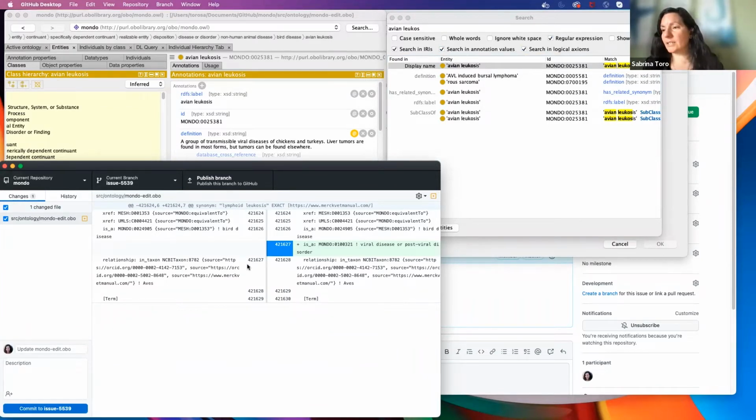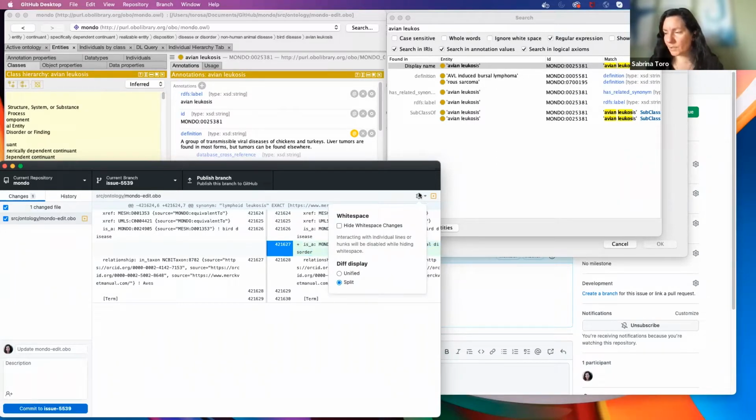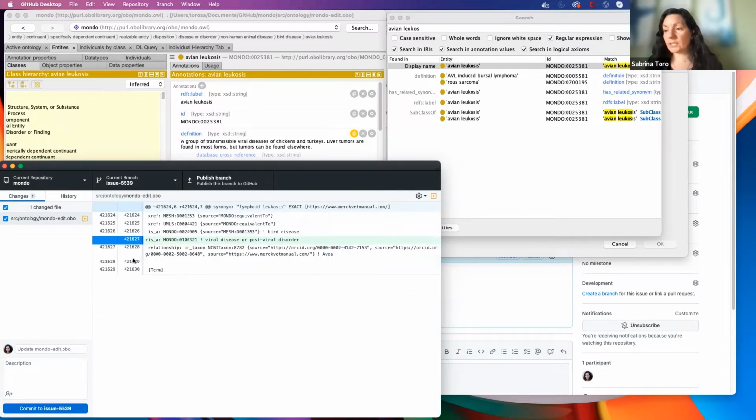Here, this is GitHub Desktop. It tells you that this is the new thing that I added. It's in green. And we added this subclass of. Also, remember, you can look at it. So I'm looking at the little wheel here. You can look at your diff